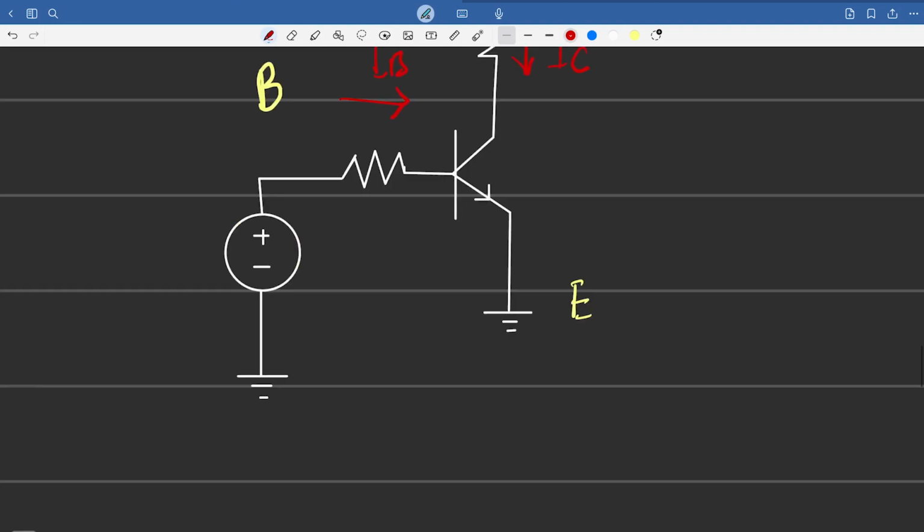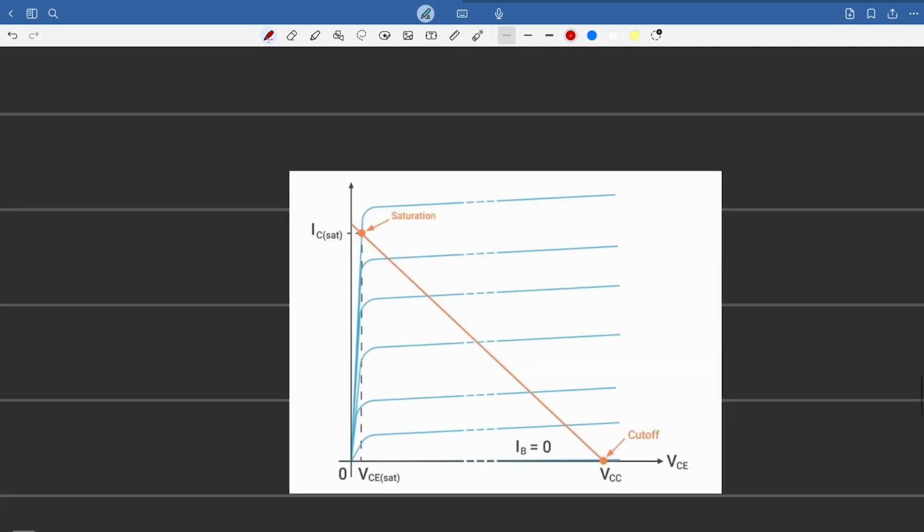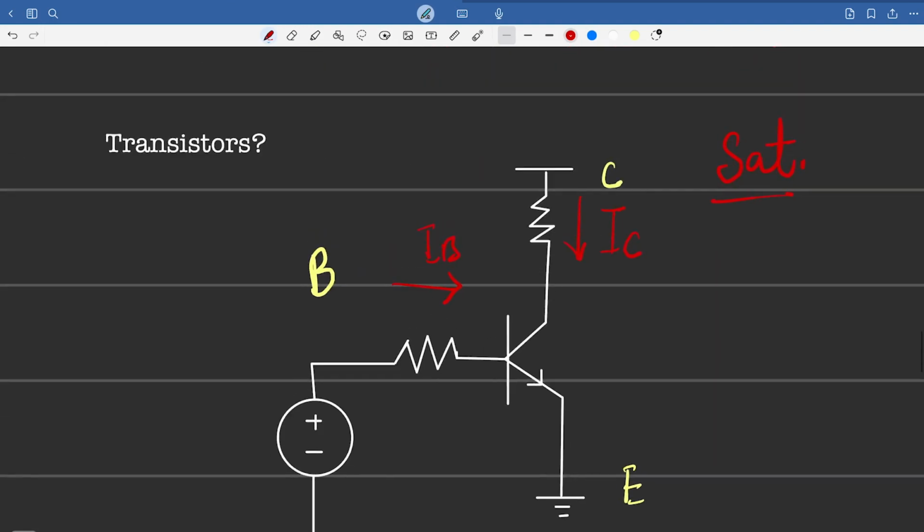Graphically, if you look at it, it kind of looks like this. So this region till here that I'm going to basically try to color in is the saturation region. So we see over here base current increases to this point, but more increase is not doing any increase in the collector current. So this point is called the saturation point. Now, during the saturation point,